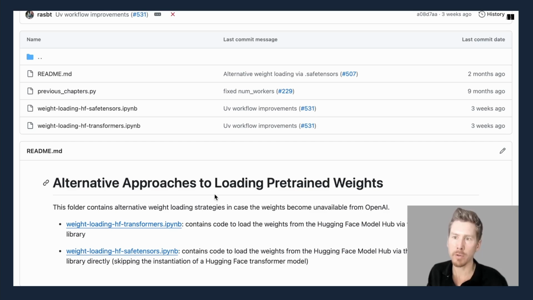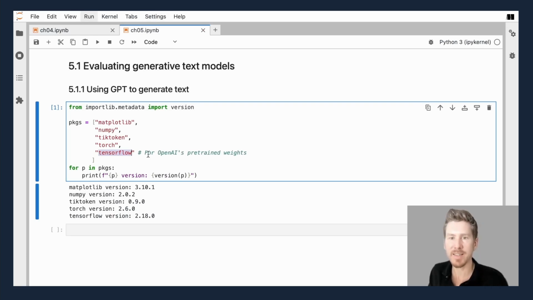So I preferred using the official weights that OpenAI shared, and they happen to be in TensorFlow. But this is a good backup solution in case your computer doesn't support TensorFlow for some reason. But let's cross this bridge later when we get to the section on weight loading. For now, if this doesn't work, just comment it out or something like that. So then to continue,